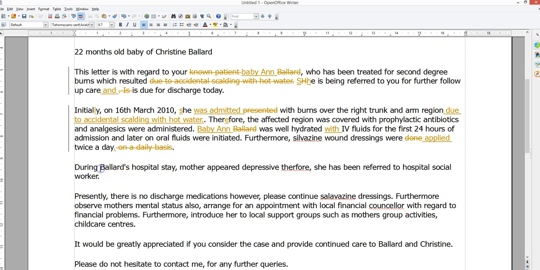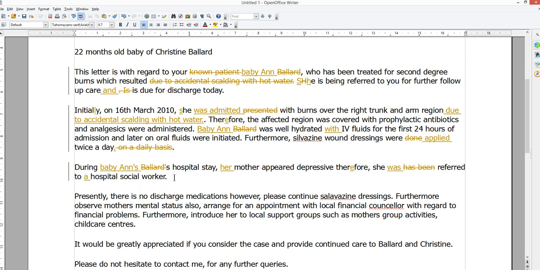So during baby Anne's hospital stay, her mother, don't forget, possessive pronoun, her mother appeared depressive. Therefore, she has been referred. Now, I need a genitive case. Okay, baby Anne's hospital stay, mother possessive. Therefore, she has been. Now, you could use present perfect, but because we're talking about a particular moment in time, although we don't know how long that was, I would use she was referred instead of has been, because it's slightly better, because it's a definite kind of time. Therefore, she was referred